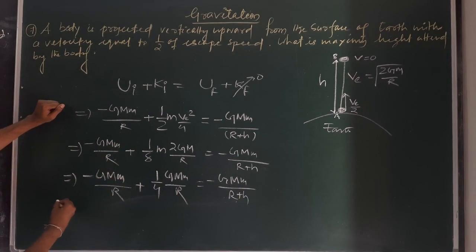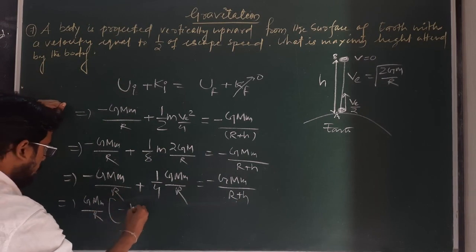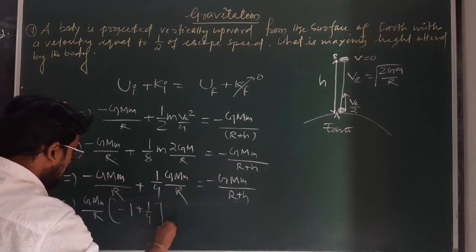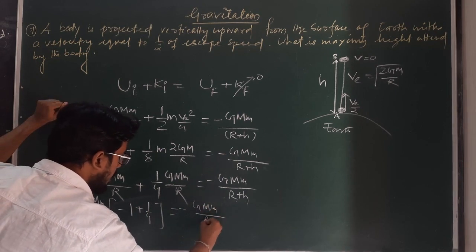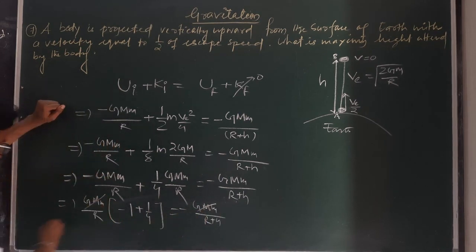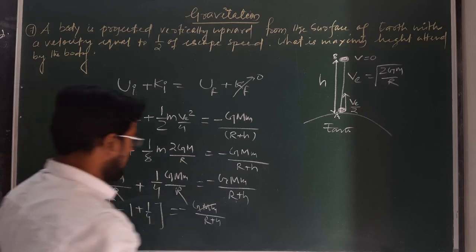Solving this, it will become how much? Taking common GM by r into minus 1 plus 1 by 4, equal to minus GM by r plus h. GM will get cancelled from both sides, so it will become minus 3 by 4